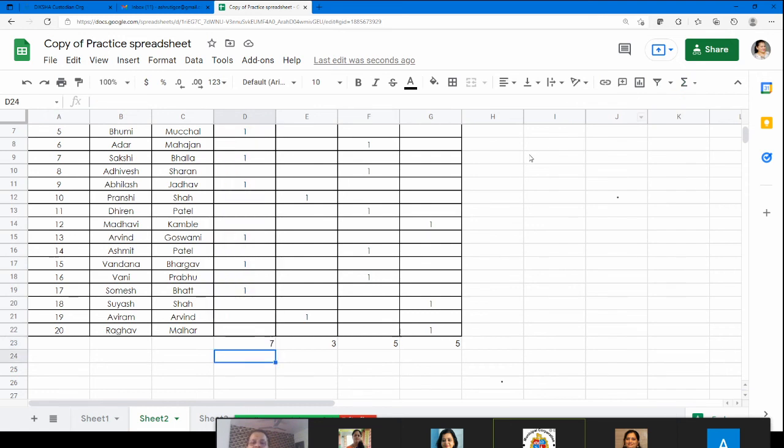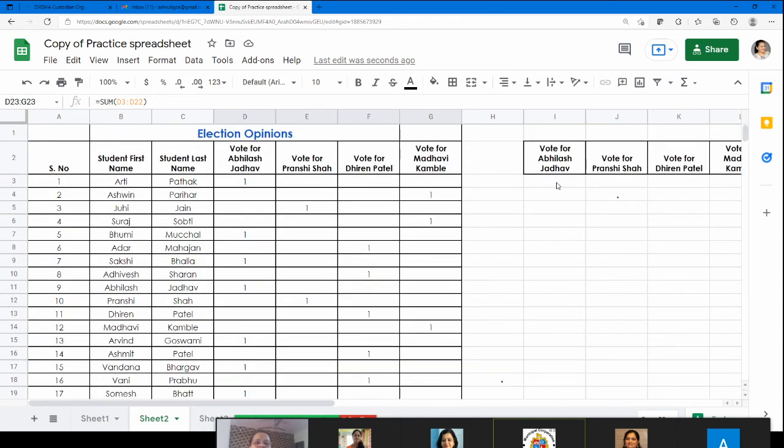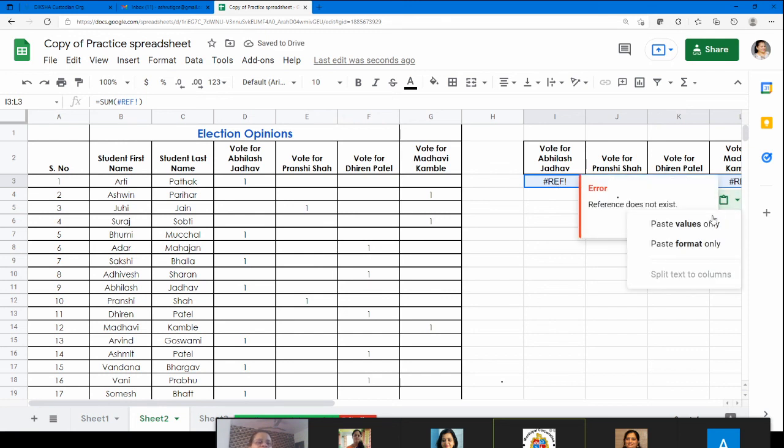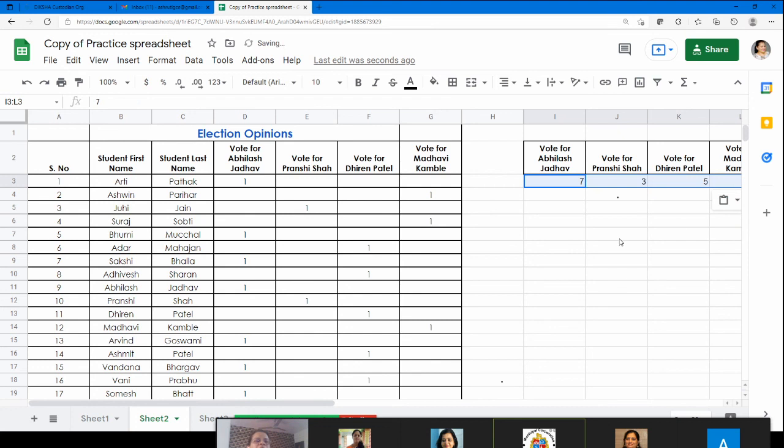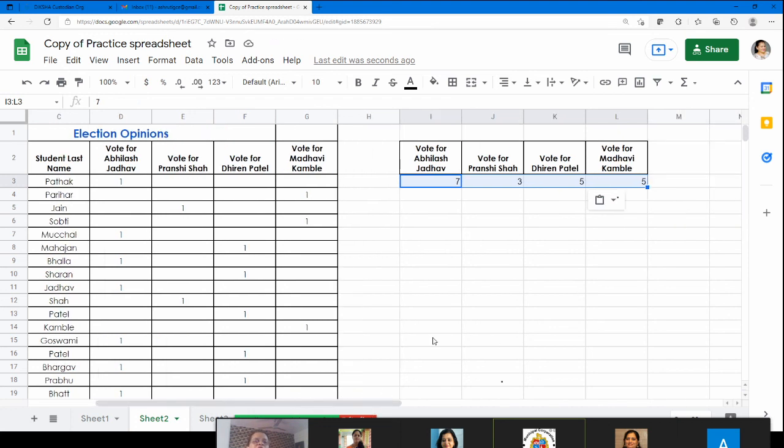Enter, and I got 7. So I've got this result here. I'll just put this result also. Control C, and I put the result, because you need two values, x and y, paste values only. Yeah, so we've got this. Now I want to put it into a chart. So what do we do in this case? You can mark these.